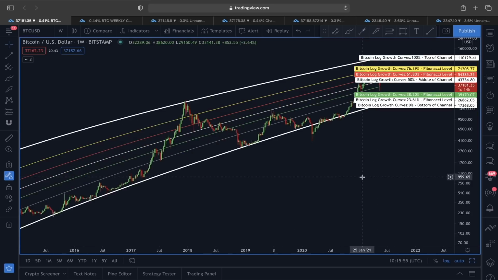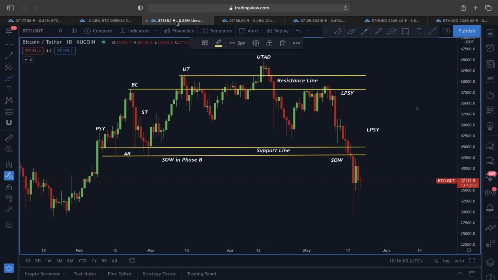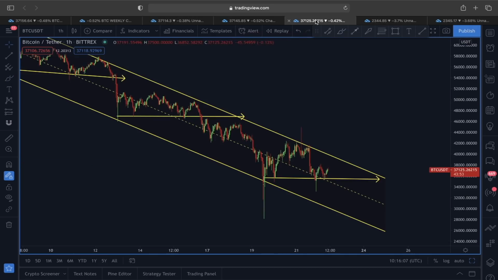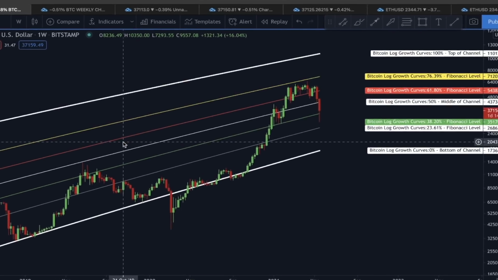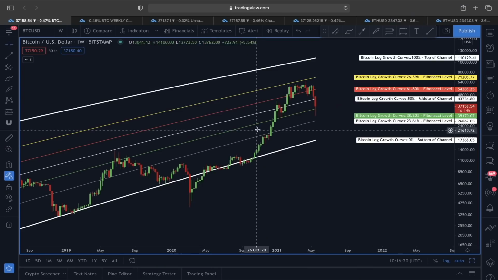So as you can see guys, right now we are going to start this analysis by looking at the price action of Bitcoin in a weekly time frame. Later in this video we are also going to talk about this price structure in a daily time frame with different scenarios, 4-hour time frame, and also here in a hourly time frame, because right now if you monitor this price structure in a whole, the price of Bitcoin is flashing a very interesting scenario. So that's why we are going to start this by looking at this price action of Bitcoin in a weekly